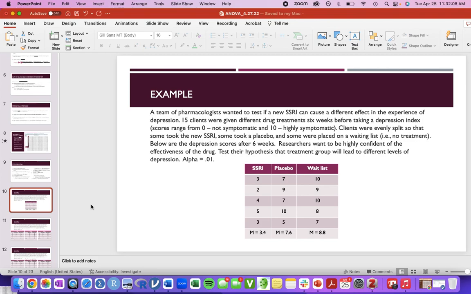Below are the depression scores after 6 weeks. Researchers want to be highly confident of the effectiveness of the new drug. Test their hypothesis that the treatment group will lead to different levels of depression. So alpha equals 0.01. So here are our 3 different groups, our SSRI, our placebo, and our waitlist, and I've provided the means